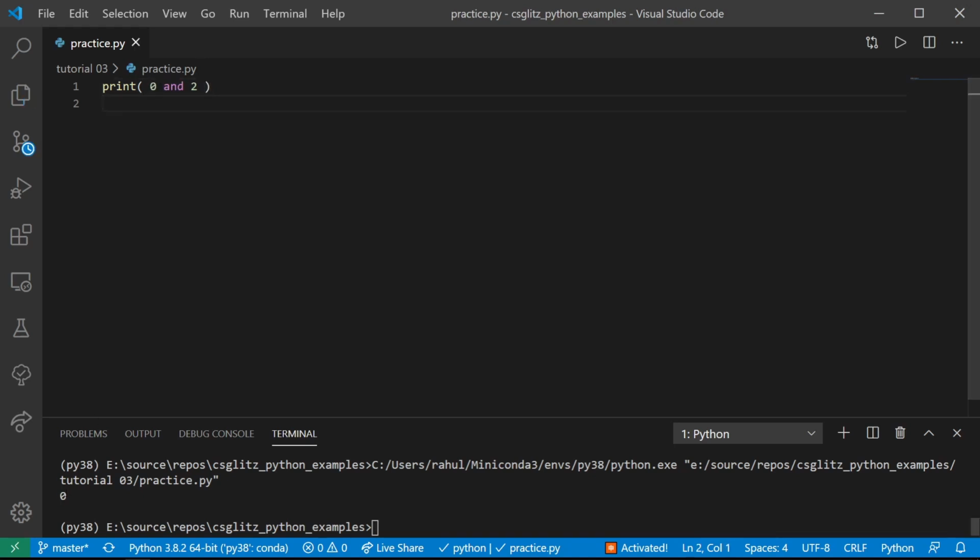It returns 0 because bool of 0 is false and 0 is the last evaluated value because of short circuiting. You should try these with OR and on strings as well. Or a combination of them. This can be helpful while assigning the default values.